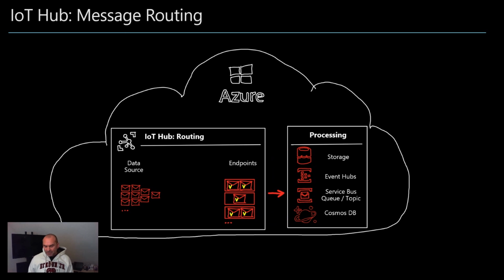But that's not all. IoT Hub provides additional information, and this additional information is quite often very handy when you have to implement specific scenarios. And one of the functionalities is really querying. So IoT Hub can look into the message which is sent to IoT Hub and then can decide based on a query to which endpoint this message should be sent to.